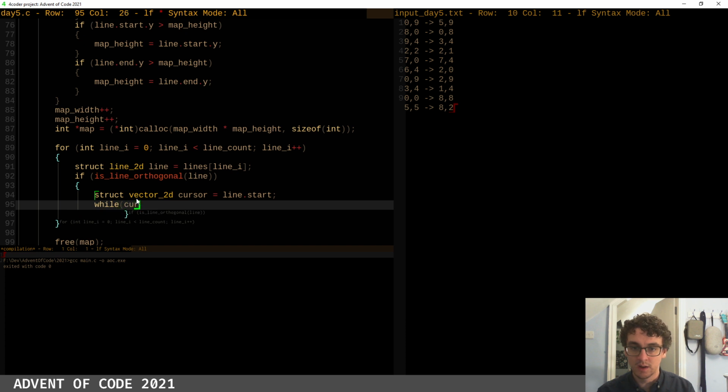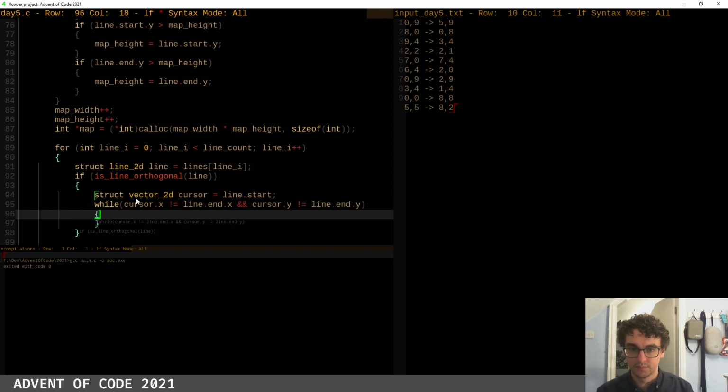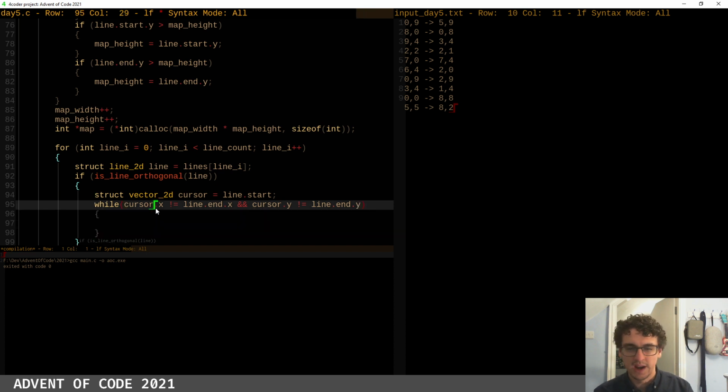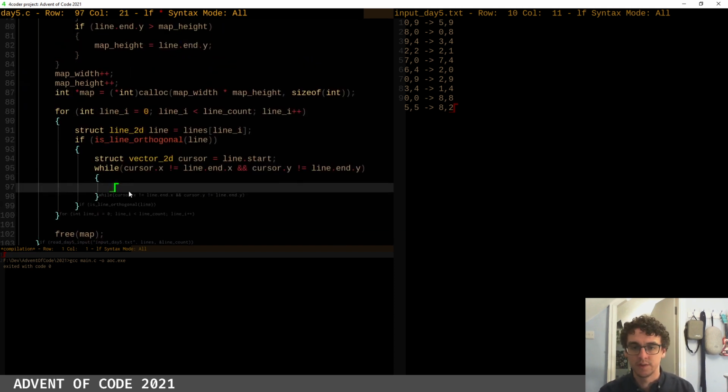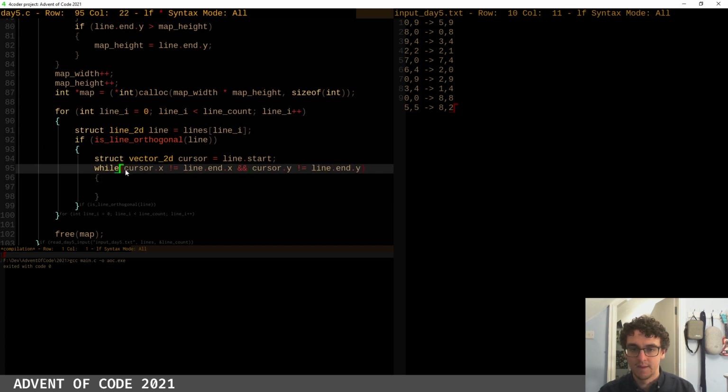So while our cursor dot x does not equal our line end dot x, and our cursor dot y does not equal our line end dot y. I won't extract this out yet, but we might want to create our own little equality function for vectors. But yeah, so while our cursor is basically not at the end,